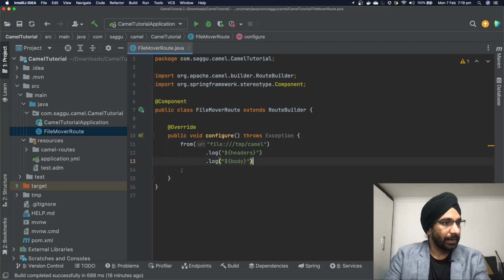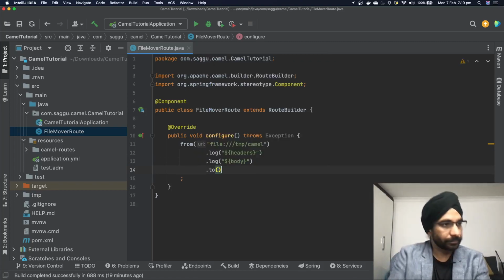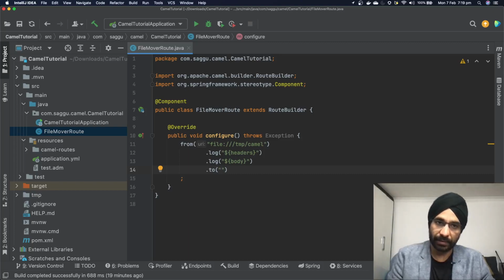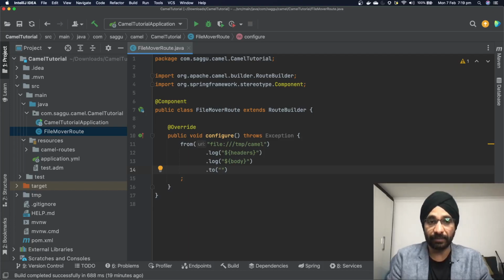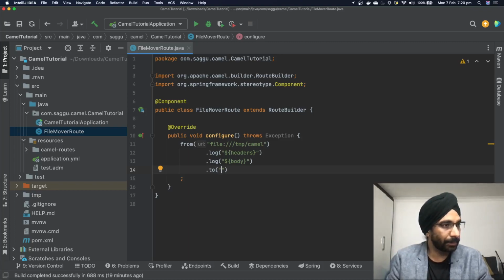Okay, and ultimately what we want to do is, again, read from a file and put into a file. You can read from a database and put it into some sort of middleware, or you can read from a file and put it into some sort of database. Over here, just for simplicity, or to demonstrate how you can kickstart Camel development, I'm